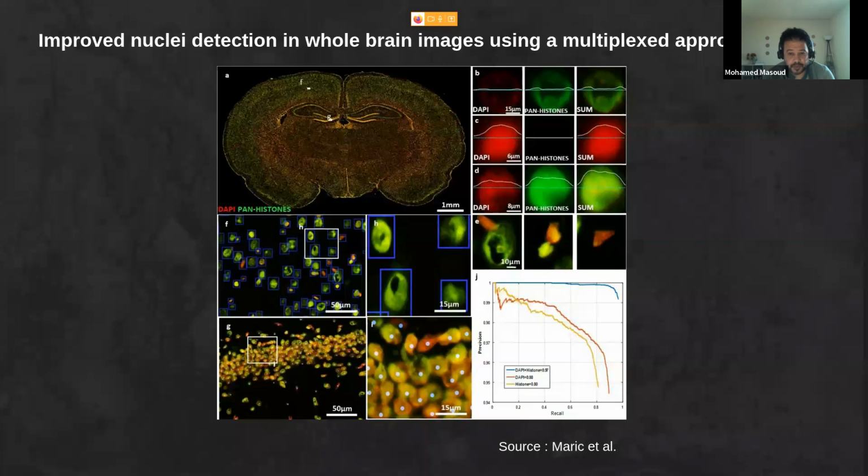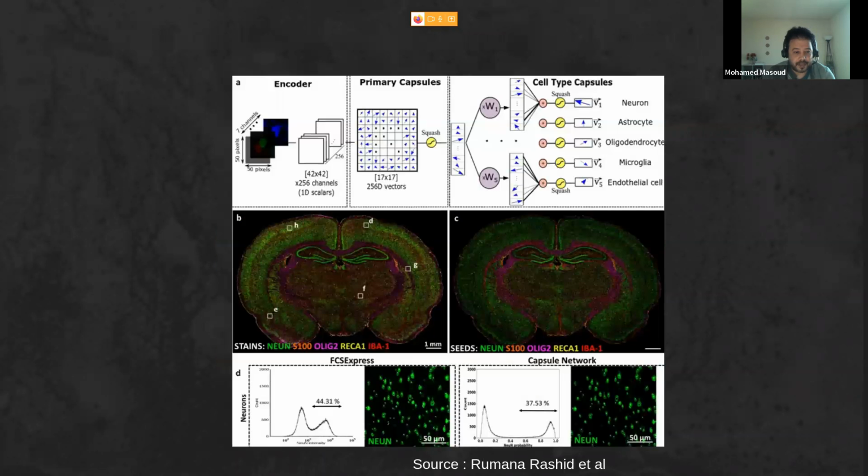But when they combine both, it gets like 0.97. So this step, they use it in the next part when they're trying to make classifications for the cell.